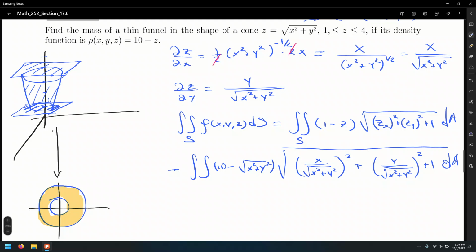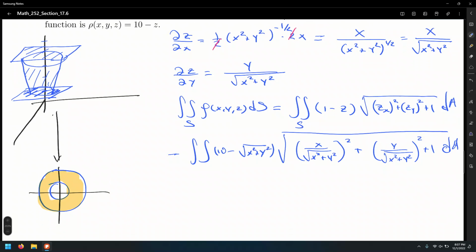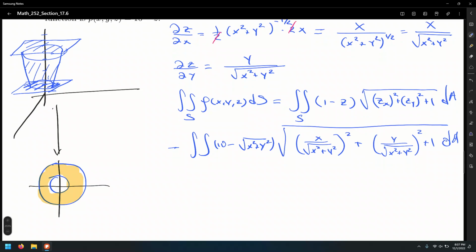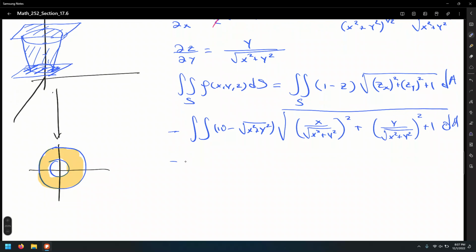Yes, that's what we're going to do, because notice the region of integration. Notice our projection in the xy plane. It's circular. Well, it's an annular region technically, but it's still circular anyway. So we're going to set it up by means of the polar world, of course. So according to what I have in my notes, before setting this up, I'm going to, after simplifying all this madness inside of the radical,